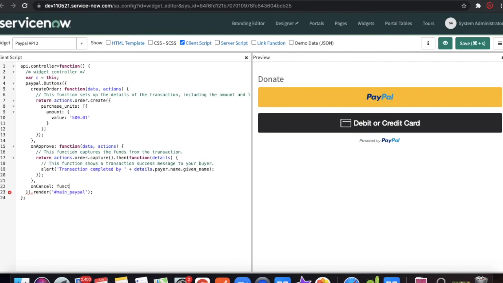You need to define the function, and like the earlier function, data comma actions, you need to open the parentheses, and here whatever alert you want to put, we can put that and save.